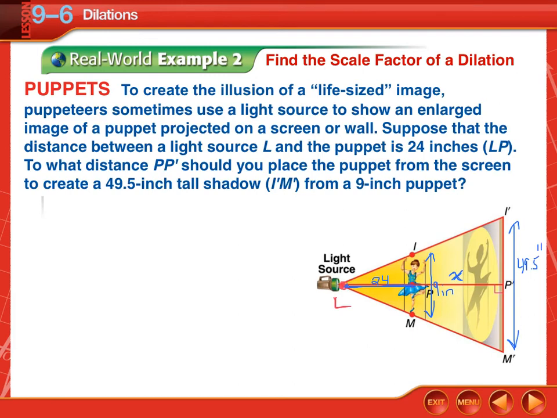So this is exactly how projection film works as well. Well, the closer that puppet gets to the projection wall, it's going to become smaller and smaller. So you really want a good distance here to make it large. And as we have learned on the previous slides, this is a dilation, and the locations here are going to determine the scale factor. So we want an enlargement, so our scale factor is going to be greater than 1,